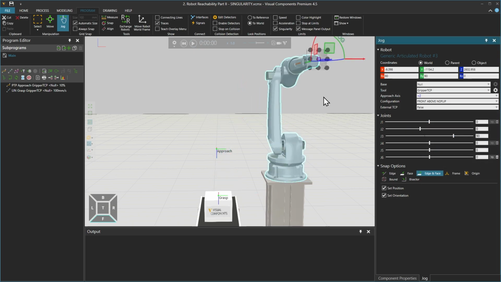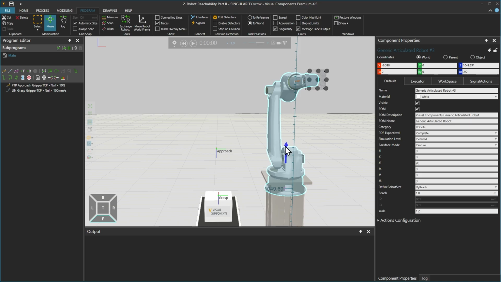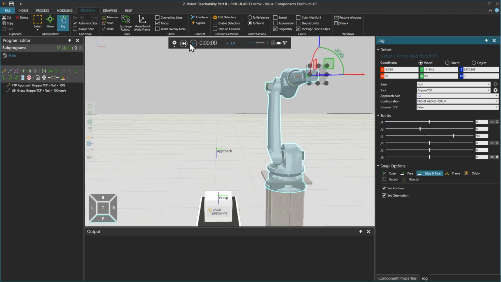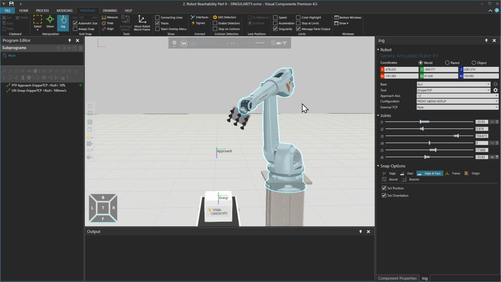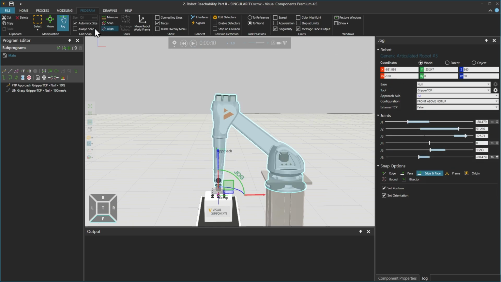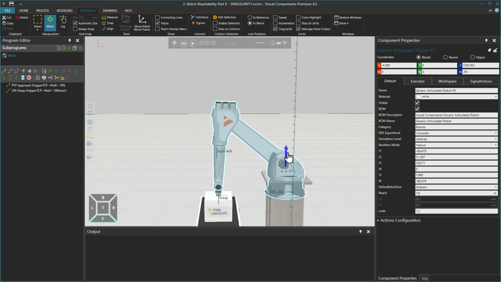And the third solution would be to lower the height of the robot. So leaving lock position set to world, selecting the move tool, use the blue Z-axis arrow to drag it down a little and reset and run the simulation again. And use the jog panel to check how far away from zero we have been able to move joint J5. And if we need to move it down a little more, repeat the process until we are happy with the updated position.